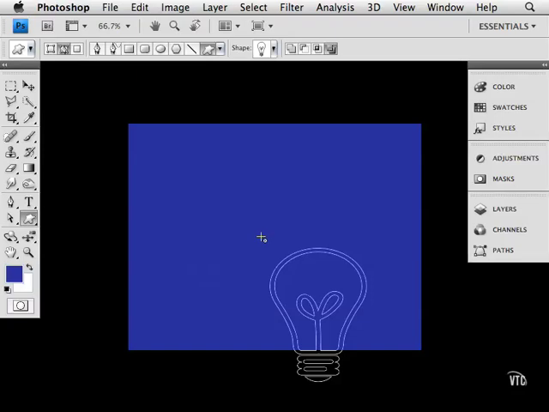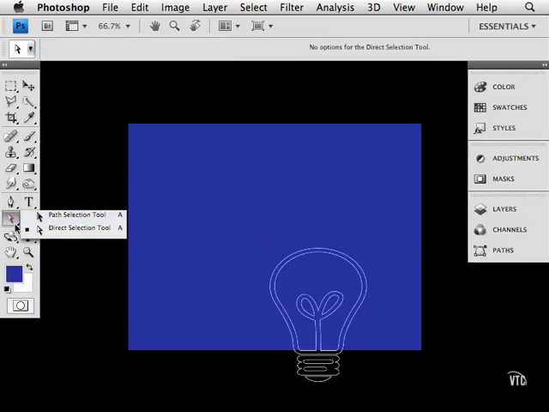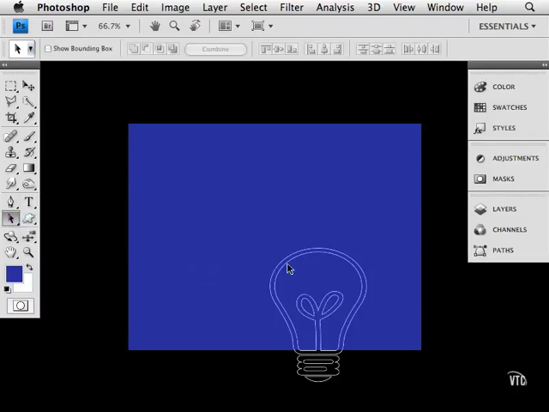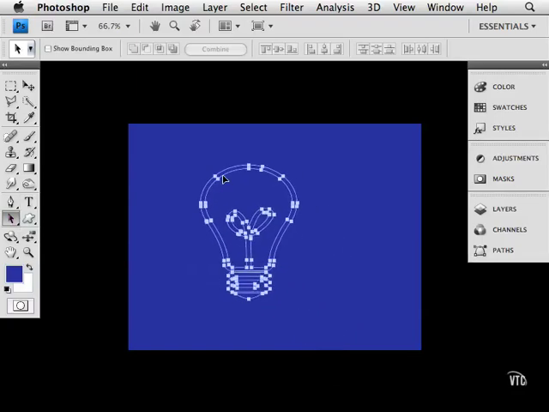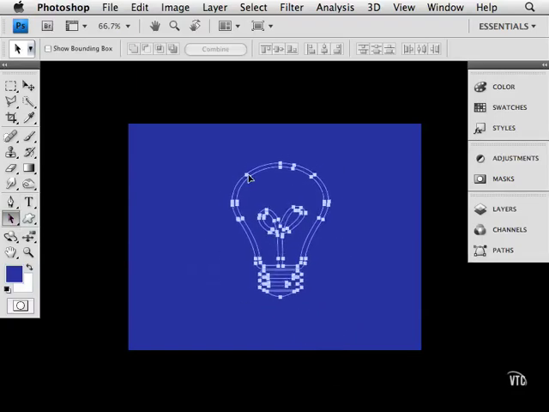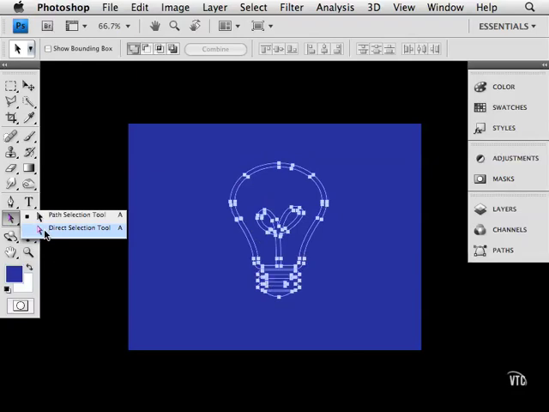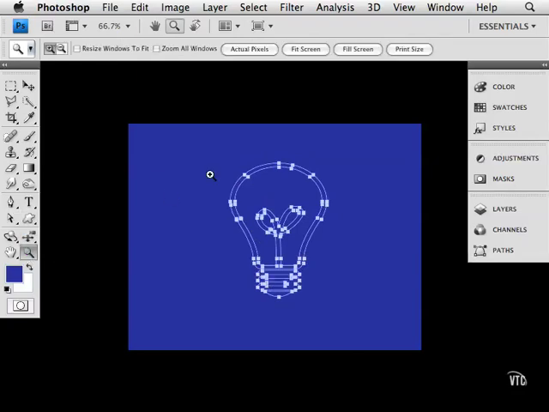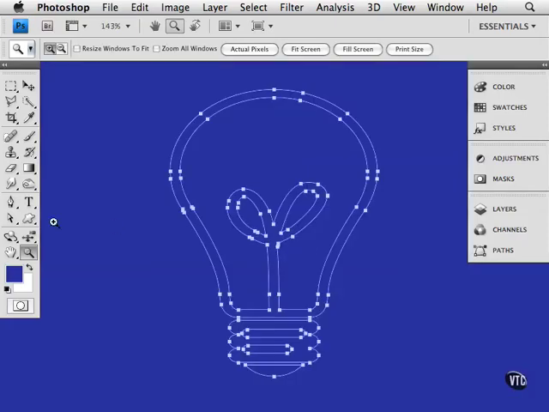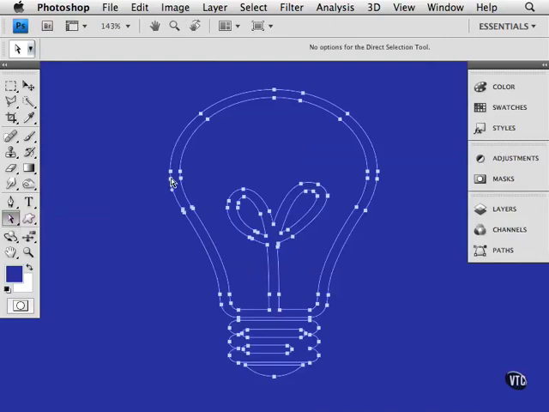I'll undo that and grab the path selection tool, which lives right next to this range of tools. Now I can click on that path and move it around. I can also change the flow of these points by using the direct selection tool. I'm also going to zoom in a little bit so we can see what we're doing. So once again, I'm on the direct selection tool, and now I'm going to click on this point,